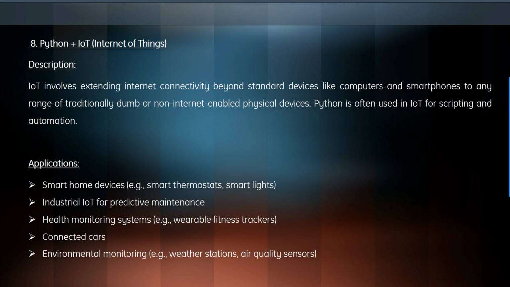If we combine Python with that, what are the applications that we will be getting? We have smart home devices, which we can control with a button on our smartphone. Industrial IoT for predictive maintenance, which we can use in industrial methods. We have healthcare monitoring systems, connected cars, and environmental monitoring, which is weather stations, air quality sensors, and